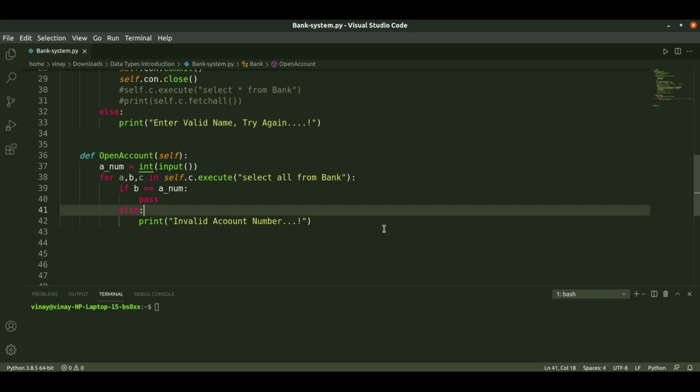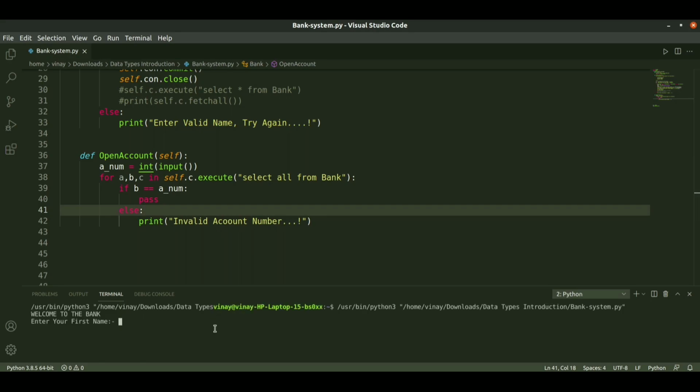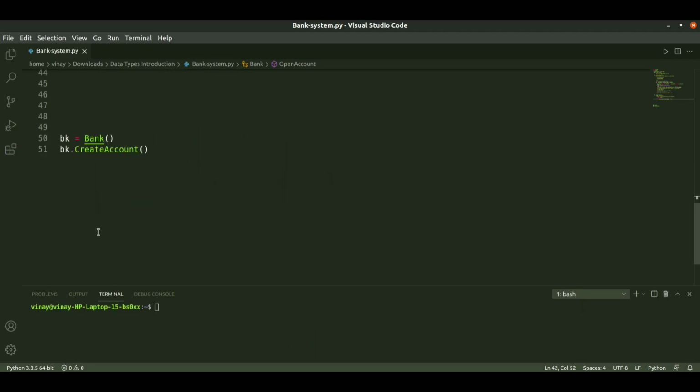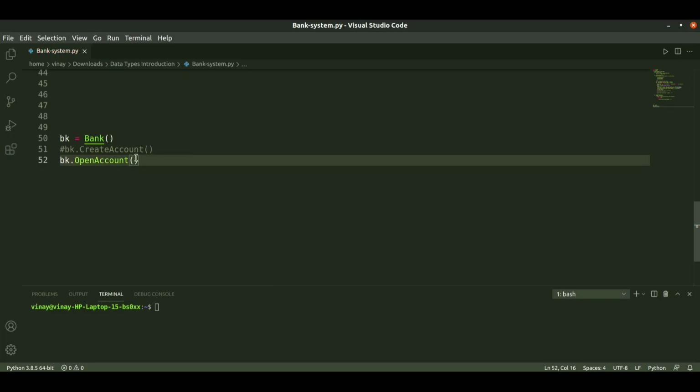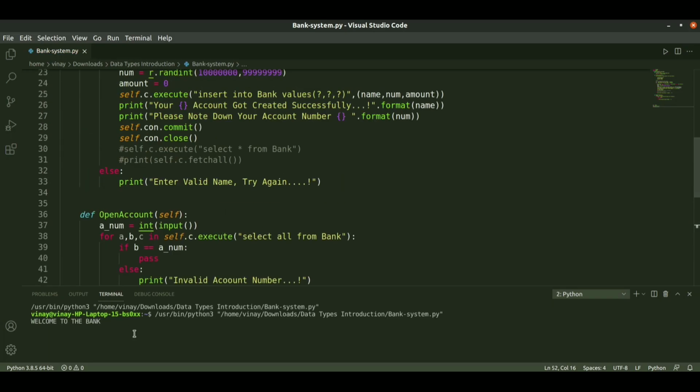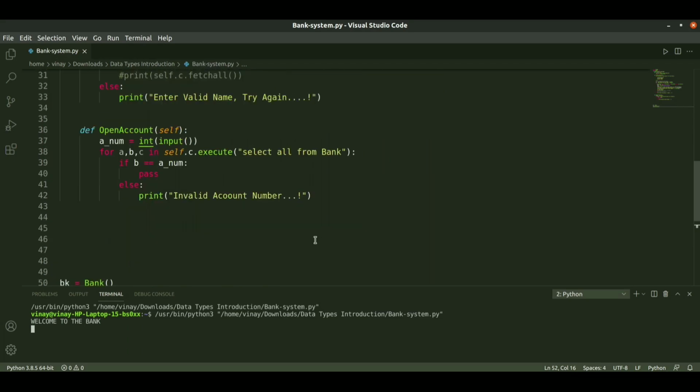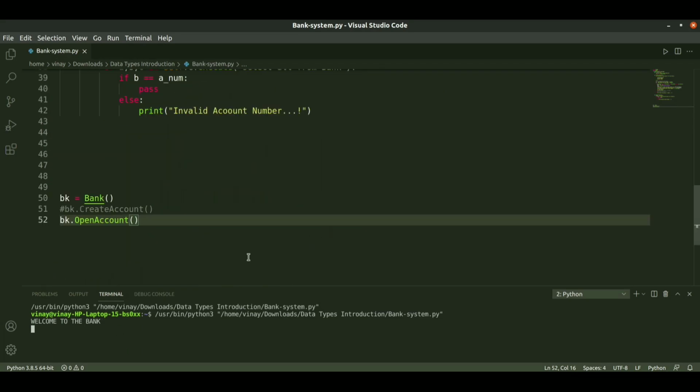So you check it. Now I will enter. Not this, we don't want to create an account. I will comment it first, and I will call this open account. When we run it, it asks to enter the input, that is the account number.